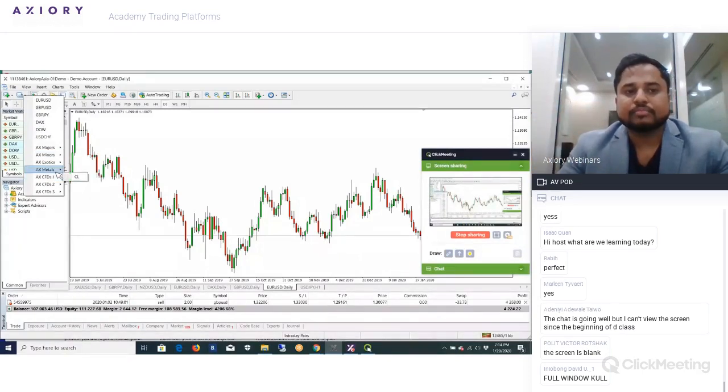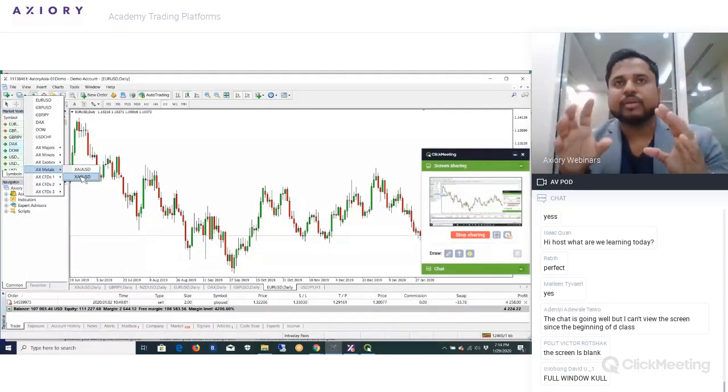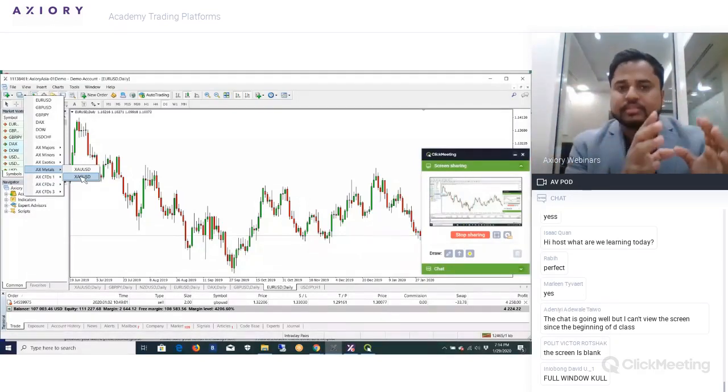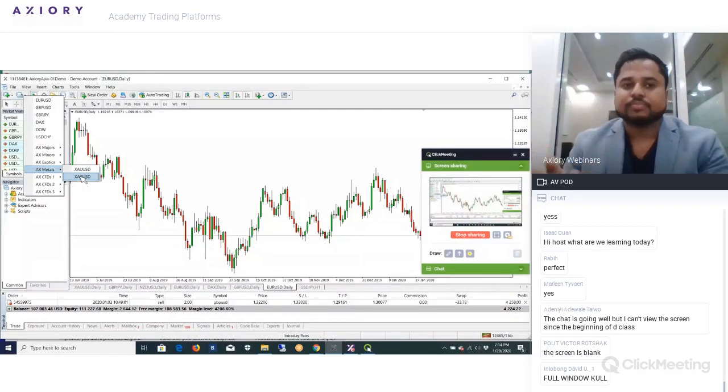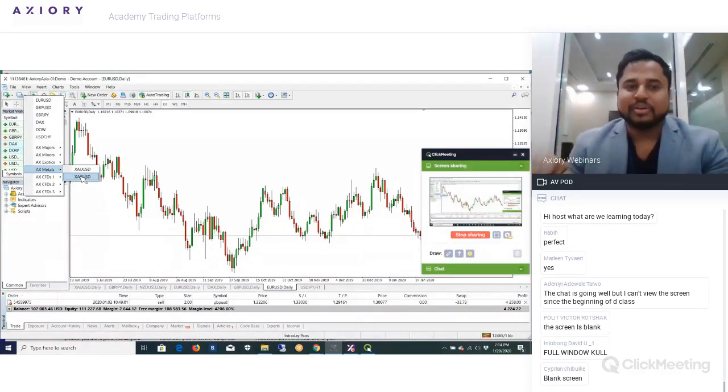Here are a few metals like gold and silver you can take. This MT4 platform is basically software where you can buy currencies, forex, metals, and crude oil. We had bitcoin previously, but not now. And you can buy many indices, for example,